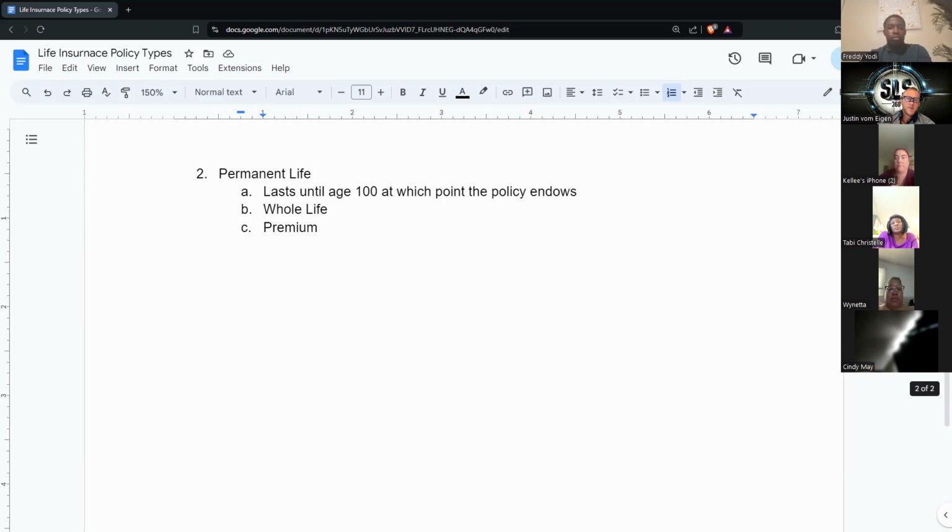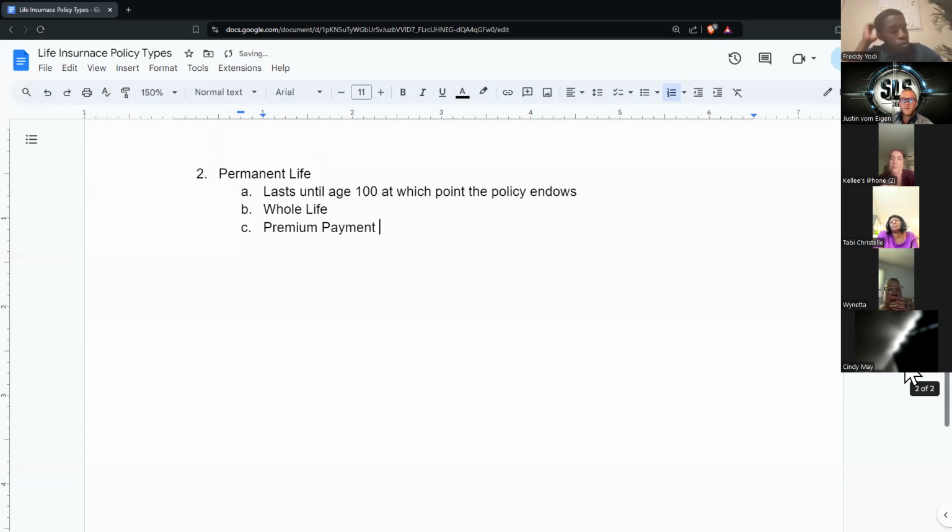Real quick study tip here. There's a lot of intertwining concepts in life insurance. So it's hard for the course to structure a way for you to learn the basics as it moves up, right? It's like you learn addition before multiplication, and multiplication before you learn calculus. For the course, it's really hard because the words are all intertwined with each other. So if you're reading something and you don't know what a word means, please look up the definition. You'll probably learn about it later on in the course, but you just want to look up the definition. If there's a word you see you don't know, very important, because if not, you're going to be lost. So please take that time.